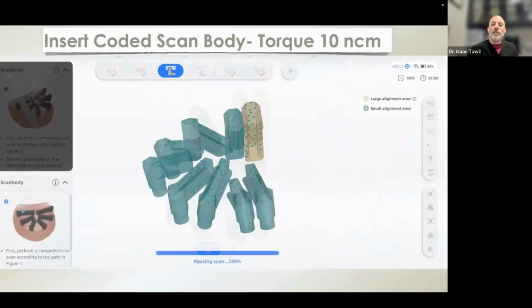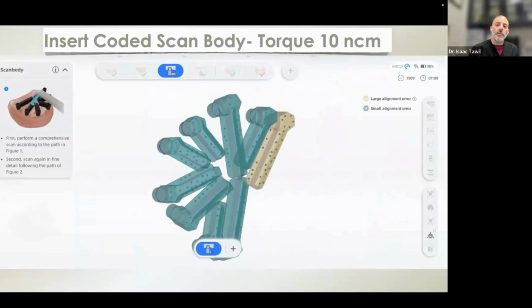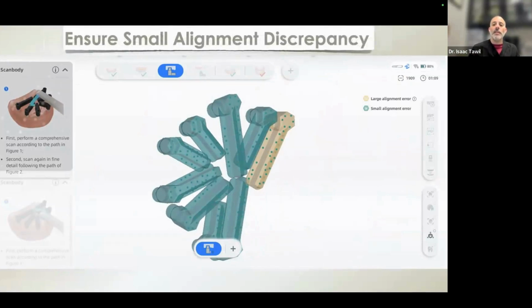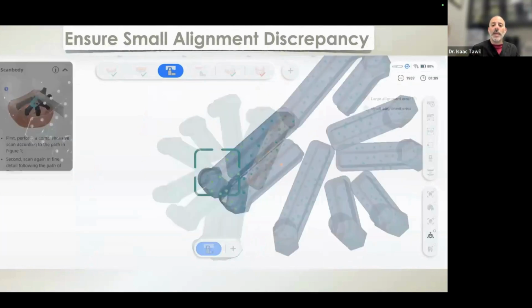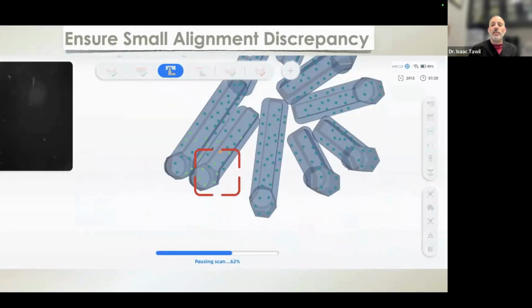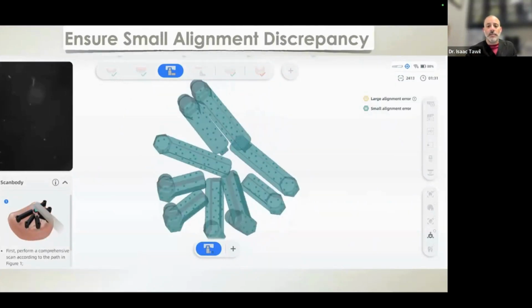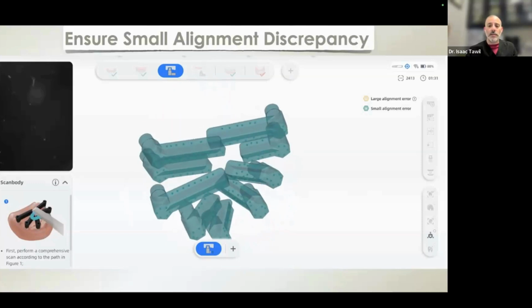And then you'll notice one of them is showing up in a gold color, meaning we have an alignment there. It's not perfect. So maybe my multi-unit is not torqued down. Maybe my scan body is not tightened down enough. This is something I need to check, or maybe I just need to give it more data by going back and forth between that scan body and some of the others again, which is exactly what I did. I scanned again, going back and forth, getting some more data between that scan body and its neighbors. And then sure enough, it gives me the sign that I have enough data and I'm good to go. So this is how it shows us if we're accurate or not.